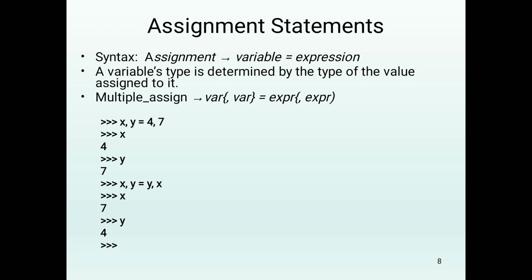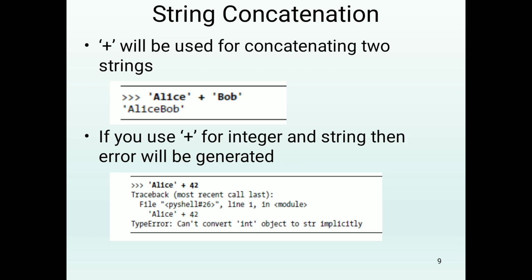expressions, not only single expressions. Based on the left hand side variables, you can increase the right hand side expressions. And here it is a string concatenation. So what is called string concatenation? The plus symbol will be used for concatenating two strings. For example, you can see it is Alice plus Bob. Alice is one single string and Bob is another single string. If you are using the plus symbol, it will concatenate and together it will result in Alice